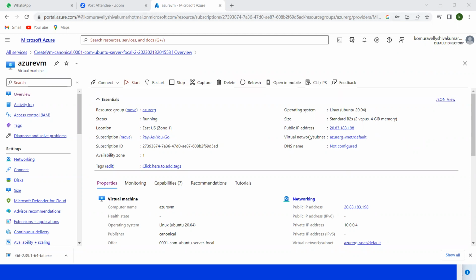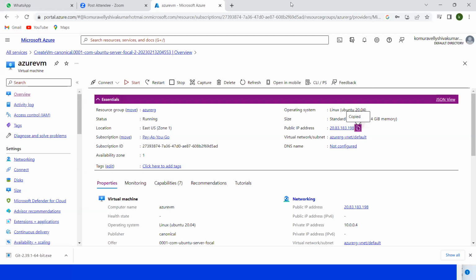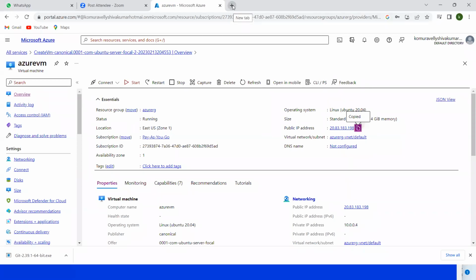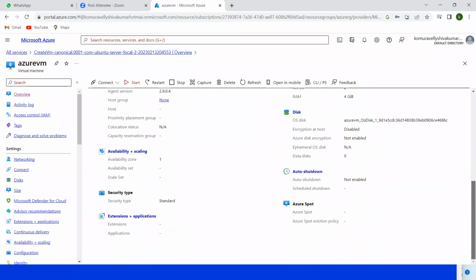Now, I want to connect to this virtual machine. To connect to this virtual machine, are you seeing this copy button? Just copy to clipboard. And here, what you have to do? Connect. RDP. Connect to RDP. RDP is for Windows virtual machines. This is our